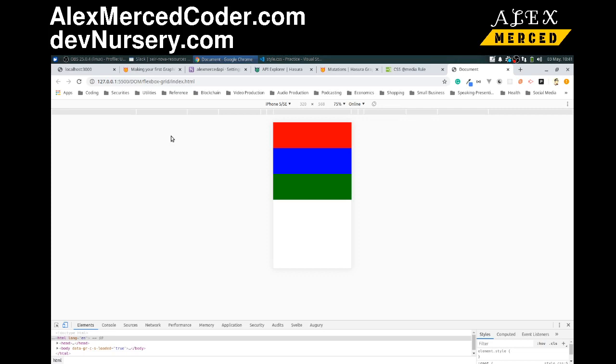Yeah. The difference, I would say, is I would use grid if I have a fixed number of blocks, okay? So that way I know I can actually line them up in a grid. Now, if it's something like a list of products where you might have 100 products, you might have 50 products, and you want them to wrap, then a flexbox is going to be a better choice. And oftentimes the end result is you mix them. Okay, maybe I have a fixed number of blocks that's my overall website layout, but within those blocks I need to have cards or something like that that's not fixed. So then I'll have like a flex